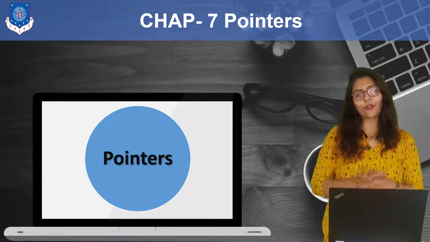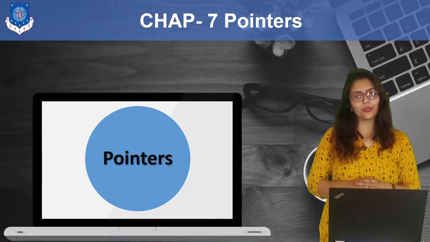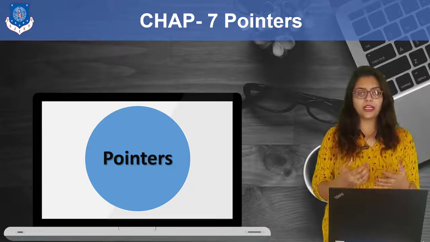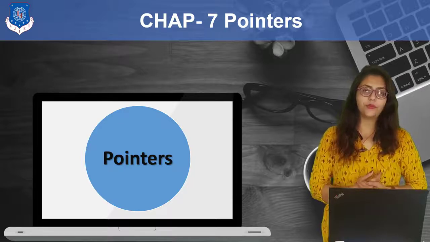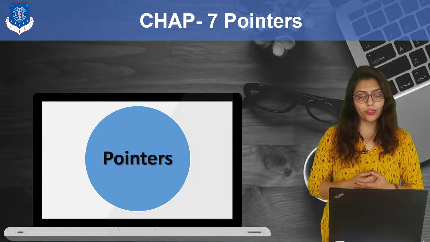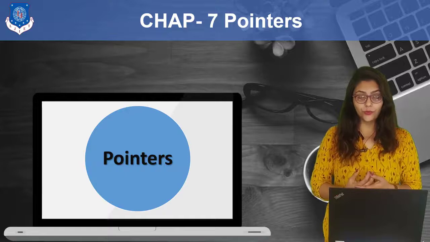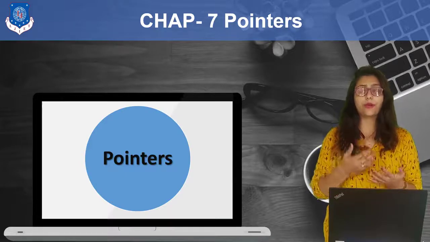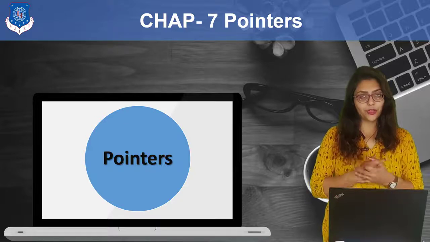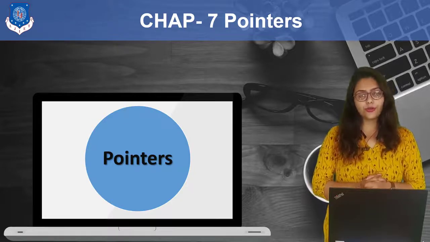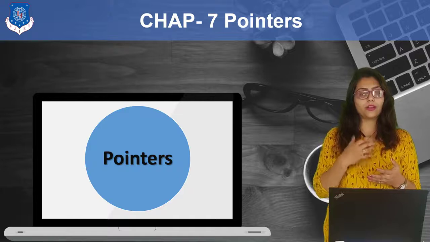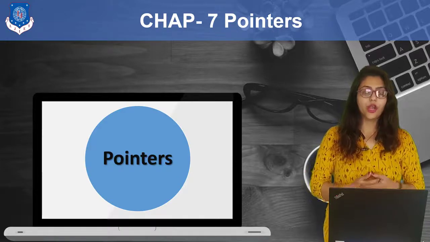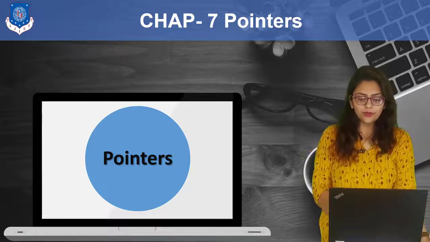Pointers, one more important topic of the C programming language. In this chapter, we are going to study pointers: the definition of pointer, a basic introduction, why it is useful, and how you can implement pointers in your programs. We are going to see some practical implementation of pointers. I am going to show you the application of pointers and how they make our program more effective, right? So we will begin this chapter with this video.